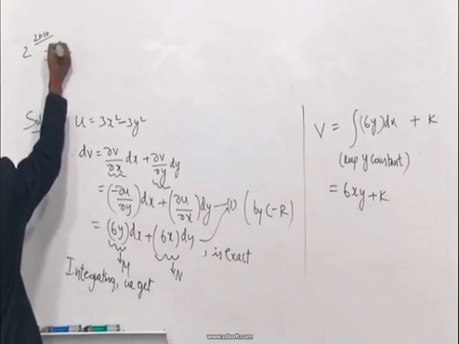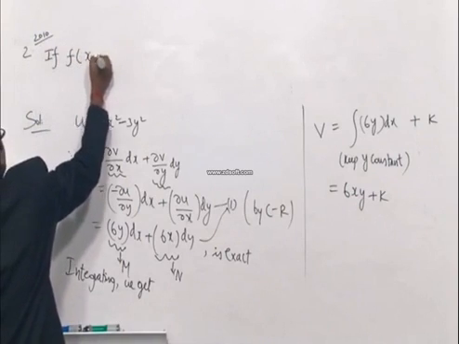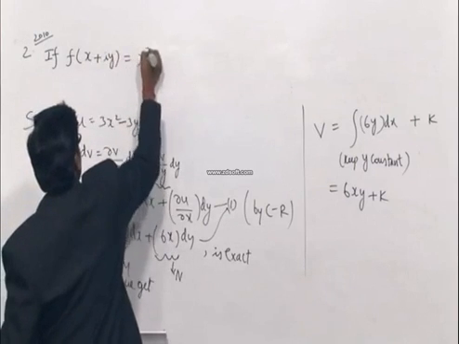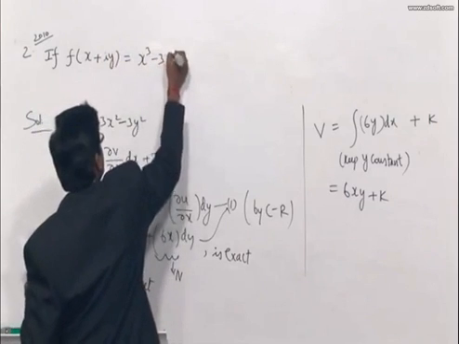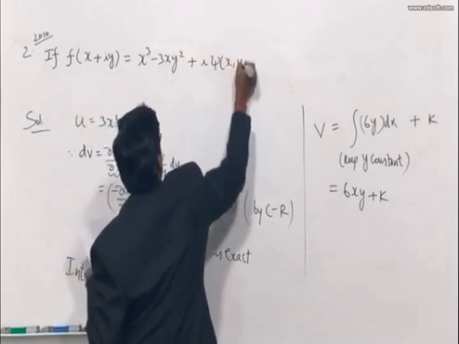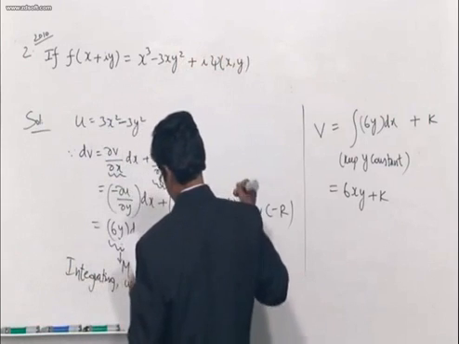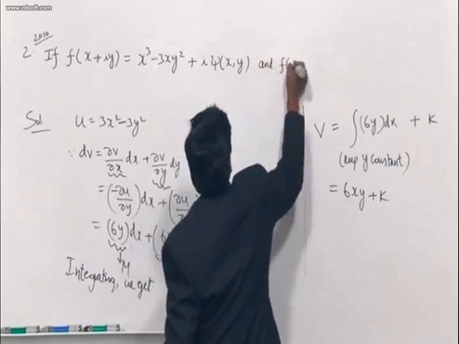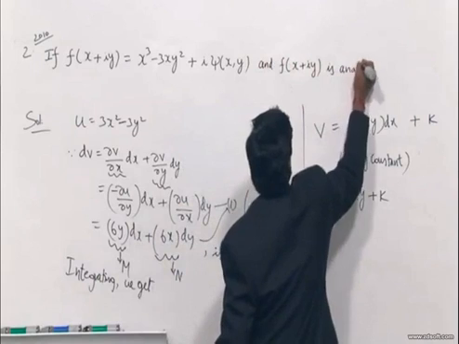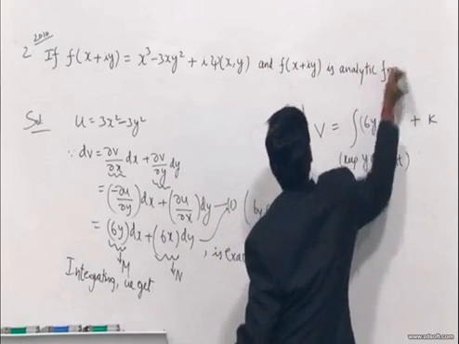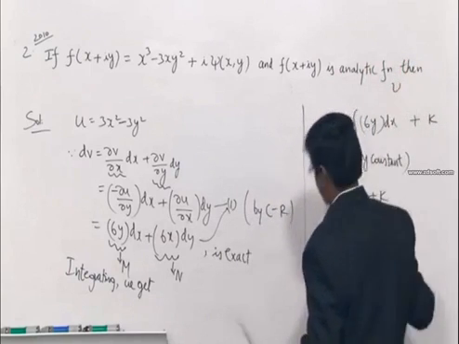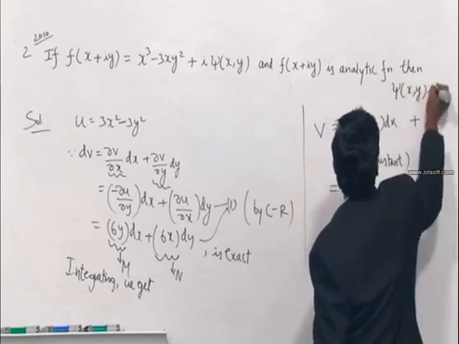If f of x plus iy is equal to x cube minus 3xy square plus i times psi of x comma y, and f of x plus iy is an analytic function, then psi of x comma y is,